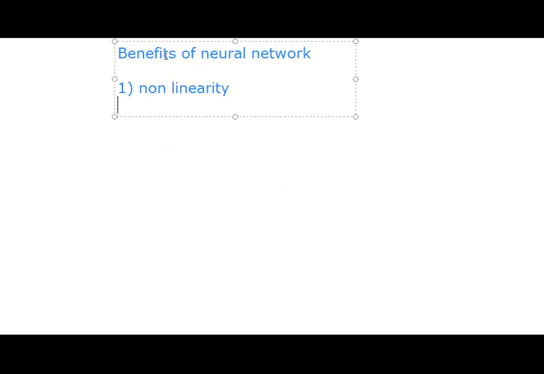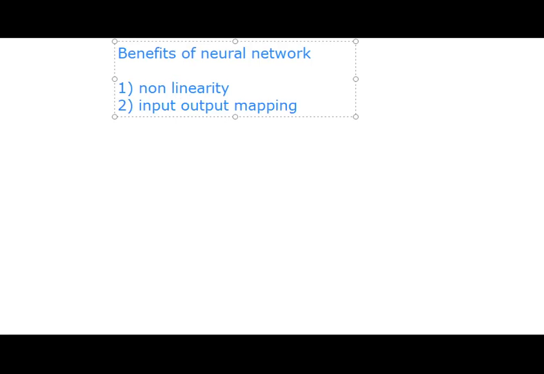A neural network is made up of an interconnection of neurons, and it is itself non-linear. Moreover, the non-linearity is of a special kind in the sense that it is distributed throughout the network. Non-linearity is an important property, particularly if the underlying physical mechanism responsible for generation of the input signal, that is the speech signal, is inherently non-linear. Our speech signal is inherently non-linear. Second point is input-output mapping.